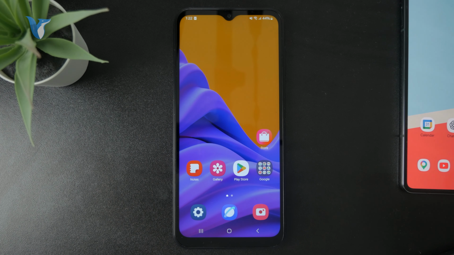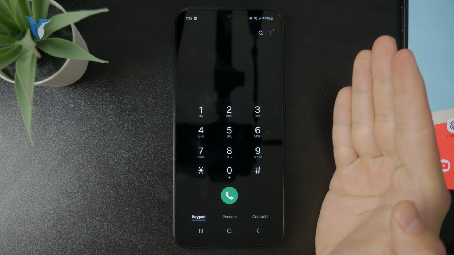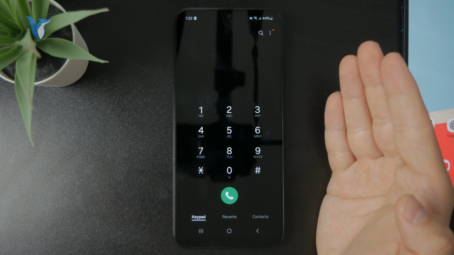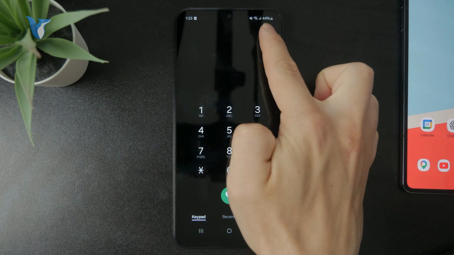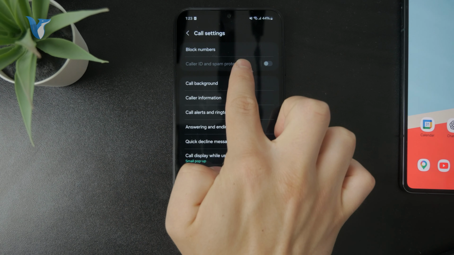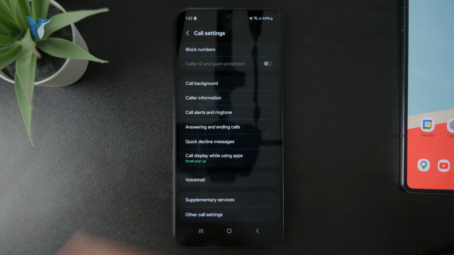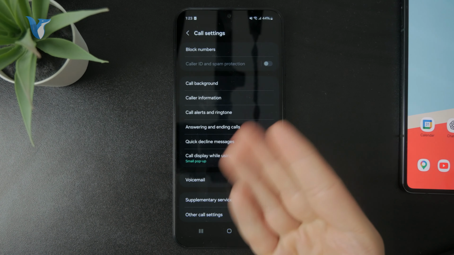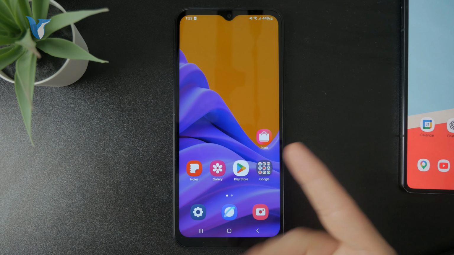The Android device can definitely work with phone calls and all of that, but you can see that we have a few options. If we first get inside the phone app and tap on the three dots for more settings, you can see that we can enable the caller ID and spam protection, as long as you have the proper SIM card installed. That means people you don't wish to be calling you are going to be silenced and the calls are going to be ignored from those people, right? But it's only for spam protection and so on, so that's not going to apply to every single phone